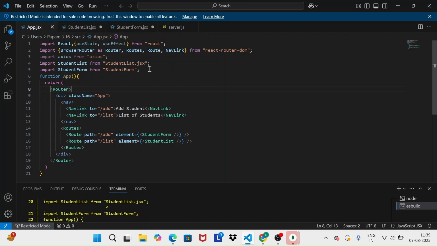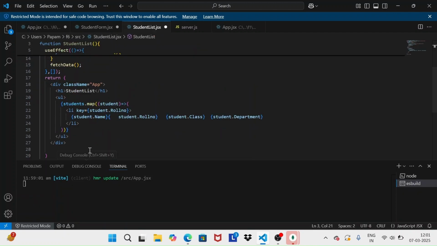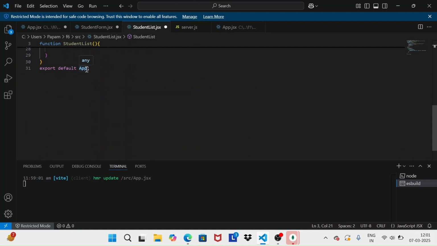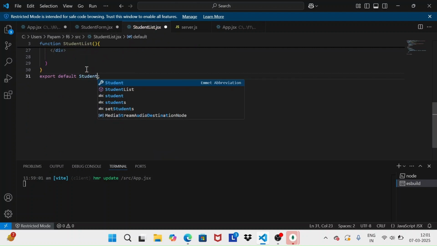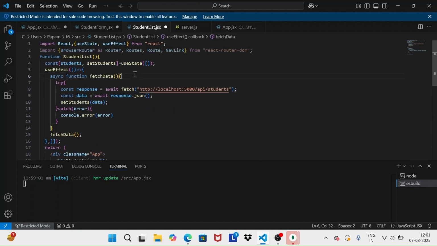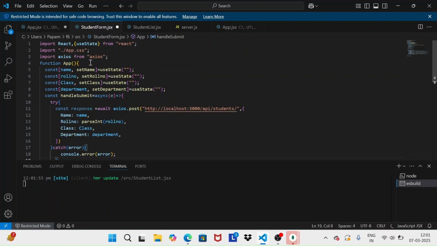Spelling is correct. Okay, it's student form.jsx. So instead of app, we're going to use student list. I'm going to save it. And here in student form, I'm going to use